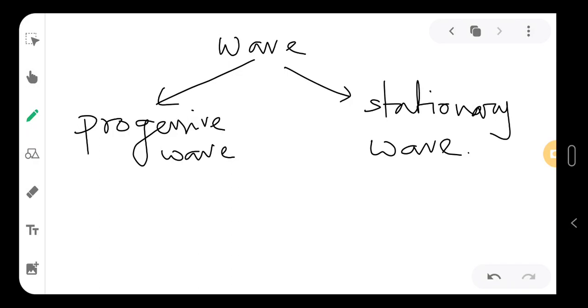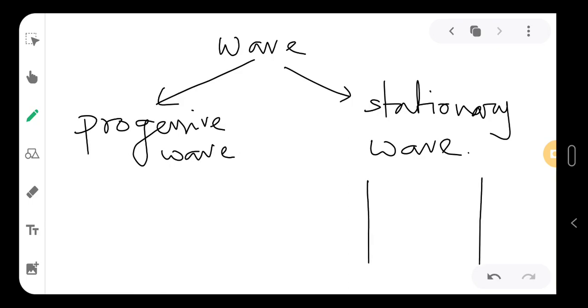But a stationary wave is a kind of wave whose energy is somehow being transmitted, but apparently when you look from the outside it seems that the wave is not moving at all, it is standing in a